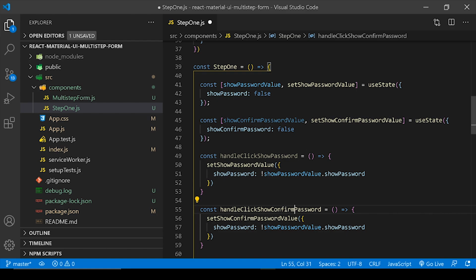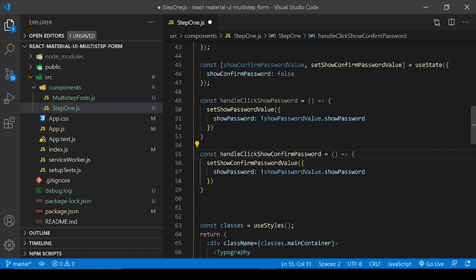The method name is kind of too long, but I understand what it's for. All right, set show confirm password, and we change show confirm password, not show confirm password, and right here